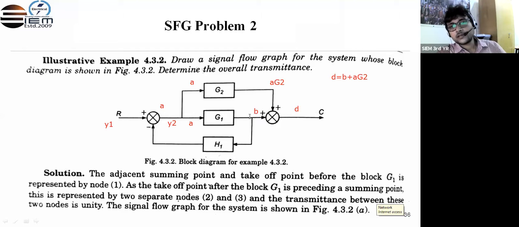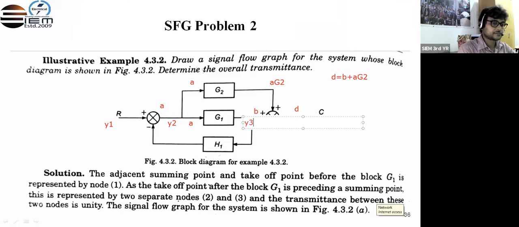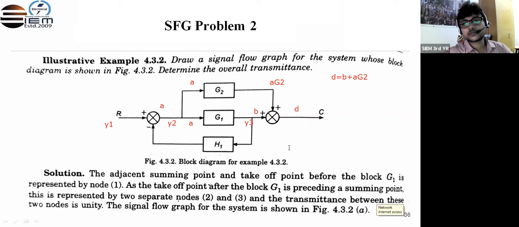Now you see, this particular position you cannot consider as a single node. In this case you have to consider this one as y3, this node as y4, and this output node as y5. Clear? So there are 5 nodes. Now if I want to draw this thing,